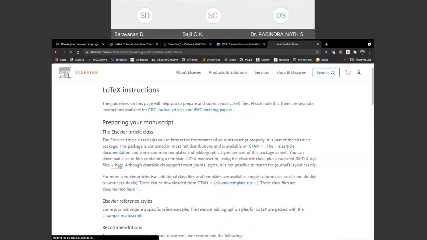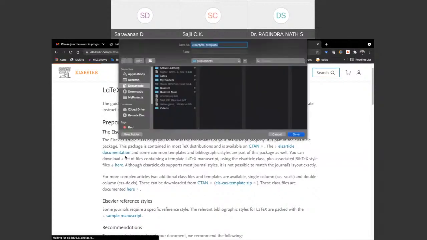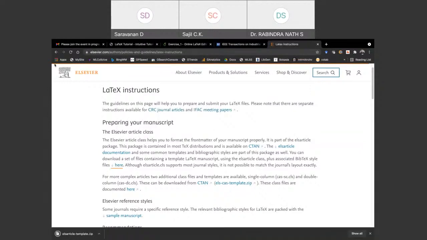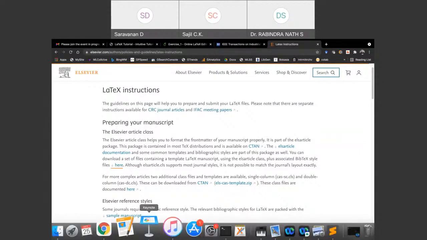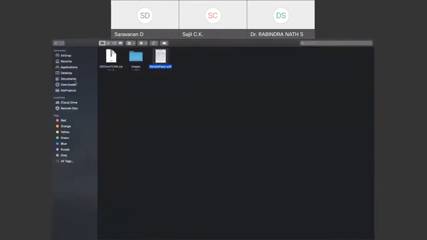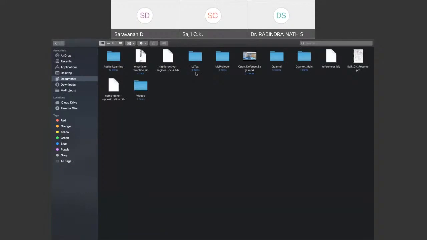Once you click here, it will download some template files for Elsevier. Let's see what's inside. Let me go to that.